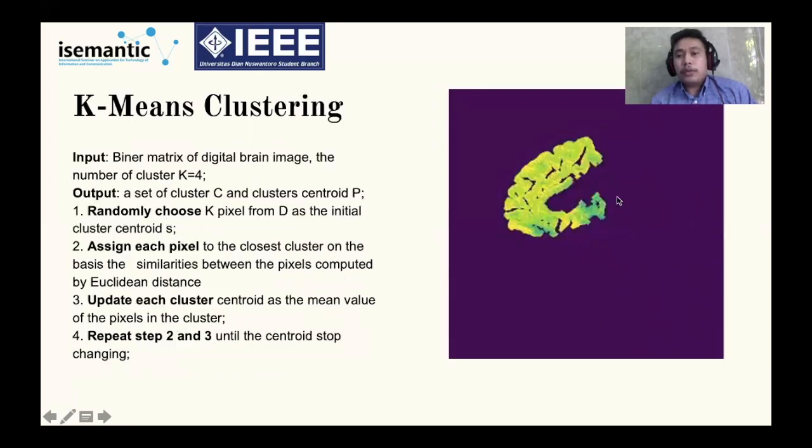Then k-means clustering. The input to k-means clustering is based on a binary matrix from the digital image.